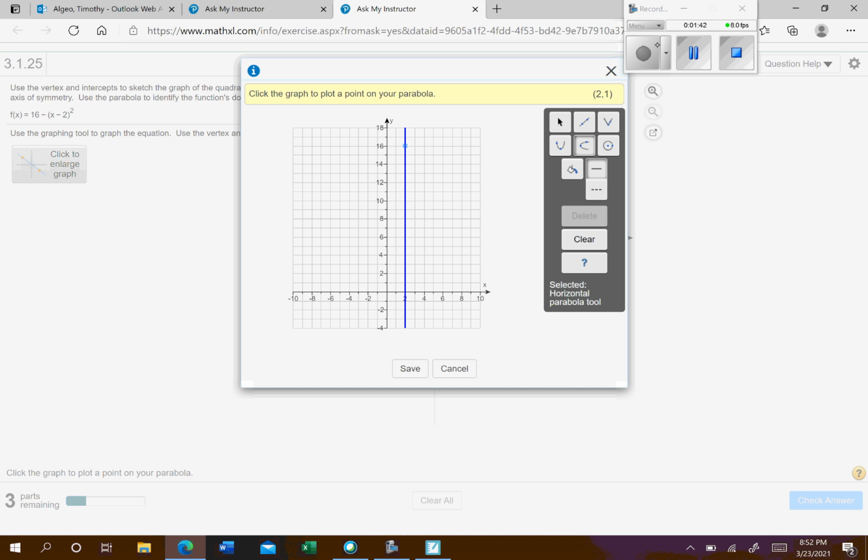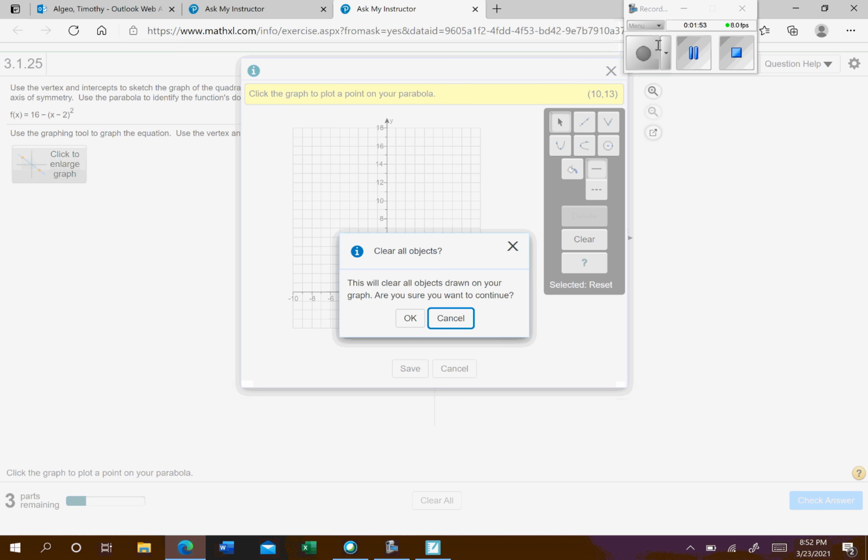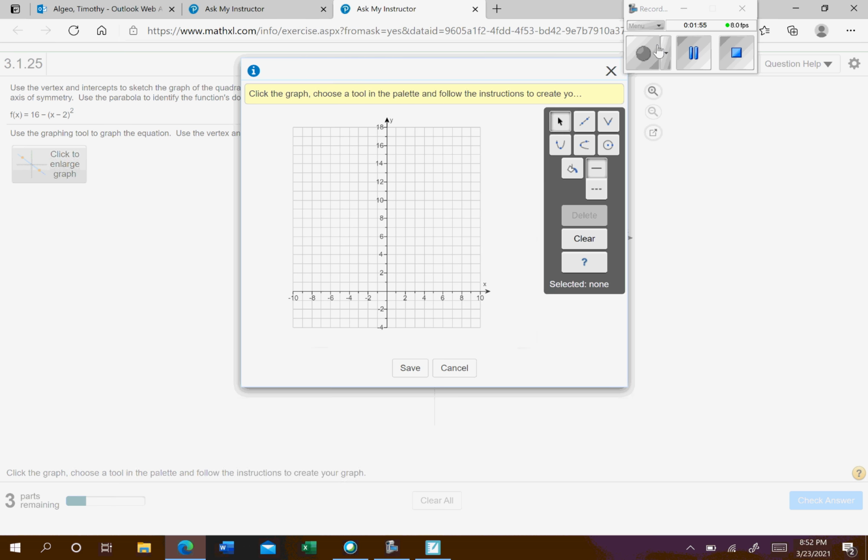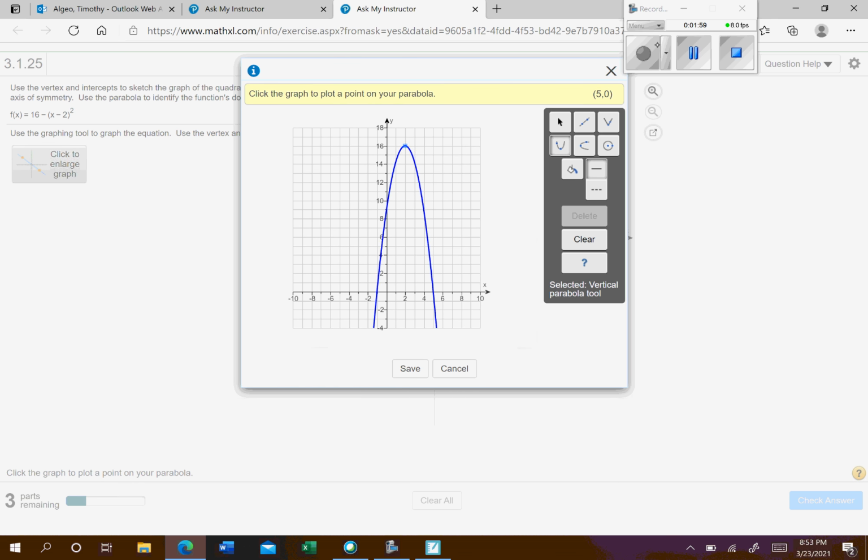It shouldn't actually matter. Oh, oops, I accidentally picked the wrong parabola. Let me clear this real quick. Okay, so here we go. There we go. So from 2, 16, and then it doesn't matter. I could pick